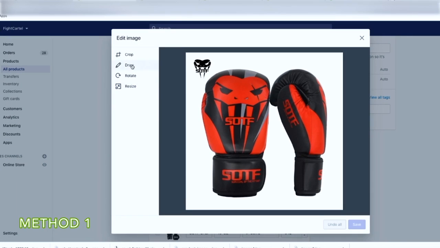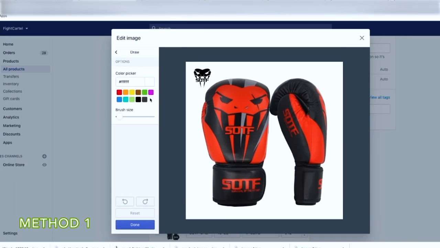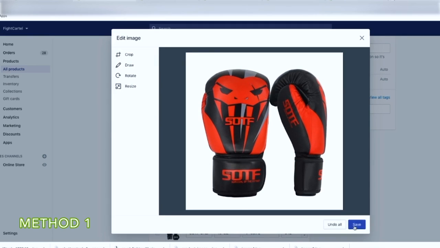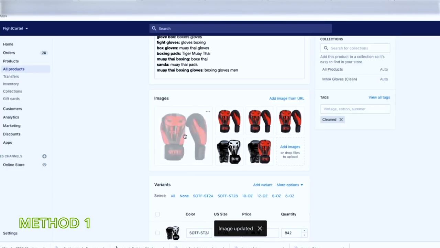We're going to use the Draw tool, and because it's a white background, we're going to select the color white and adjust the brush size accordingly on what best suits your needs, and let's start wiping away this logo. You can see here that we're not actually changing anything with the specific product, and this is why the white background was very important. You just press Done, you click Save, and bam, this product has been cleaned and